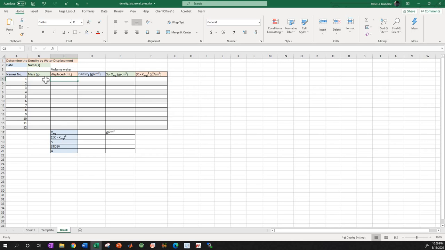So let's see here. First things first, we got density, right? Well, we wanted to take some mass and divide it by some volume. And we want to do that for sample 1 and only sample 1, right? So check this out. I've clicked on D5, and I'm going to say, well, I got mass, which is B5. I've got volume, which is C5. So I should probably go B5